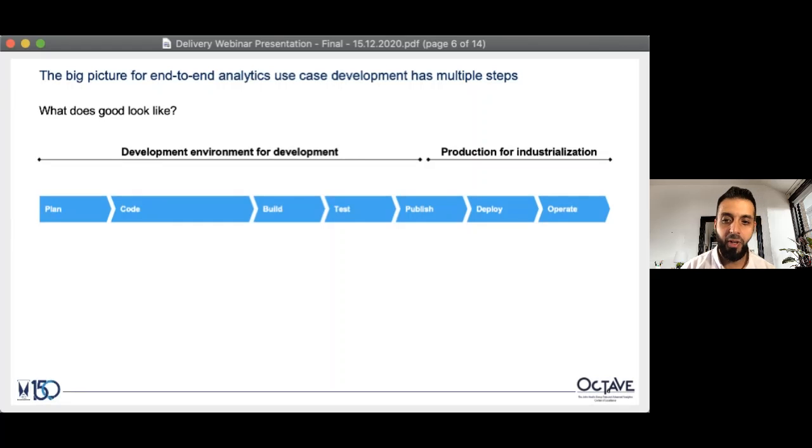Next, we move on to publishing and then deploying. We've built, we've tested, we've trained our models, but now we want to package them into something. What is that something, and what can we use? Then where do we store those models so that we can use them to deploy somewhere? And when we talk about deploying, it's being able to deploy into a production-like environment, but really trying to remove the human from the loop and doing this in an automated fashion.